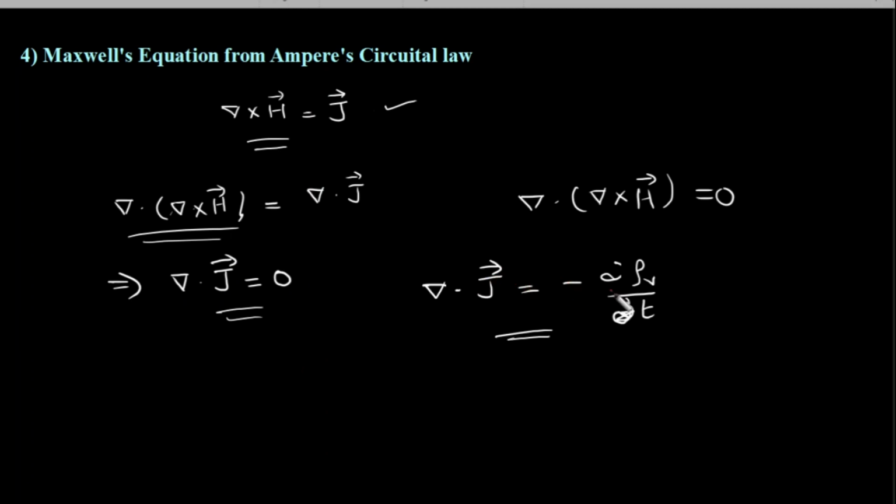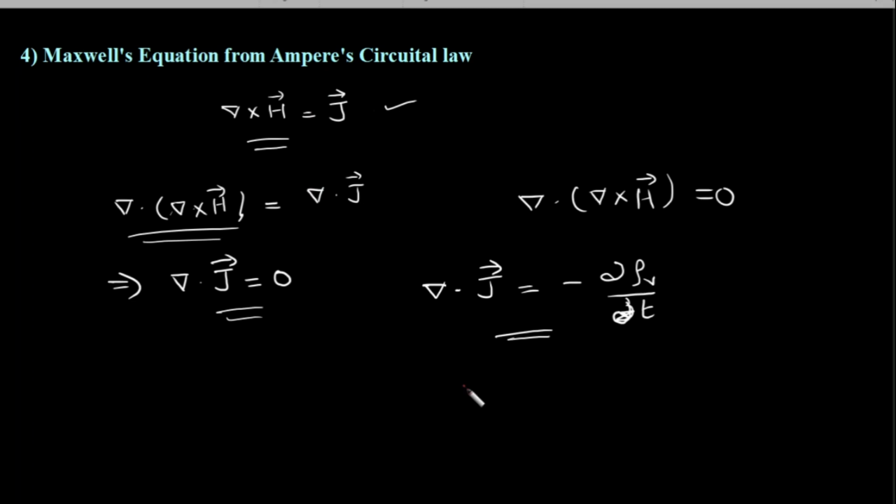But the continuity equation is saying that it is varying. It is varying by d bar rho_v by d bar t. Here it is saying it is not varying. So what should I do now? This is really interesting. This made Maxwell interesting. He was amazed. So he directly told us that the Ampere circuital law, which is derived for steady magnetic field, cannot be applied directly to time varying field. So it is necessary for us to have a generalized form of Ampere circuital law in point form, which is valid for both static field and dynamic field.